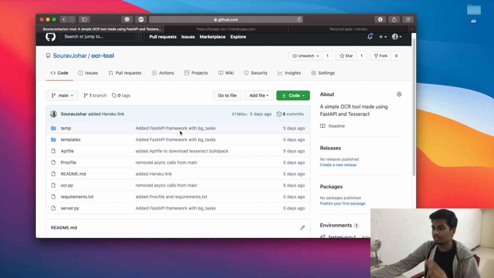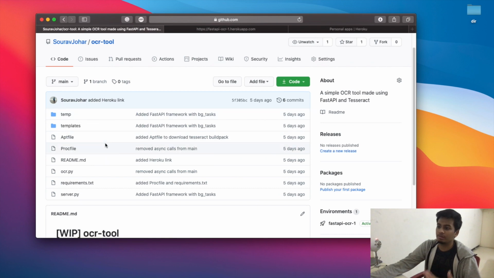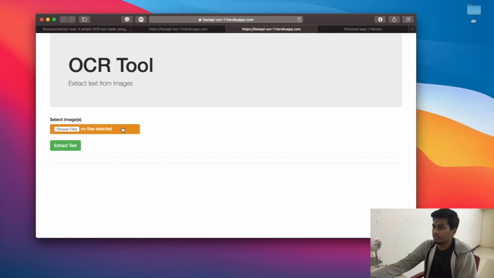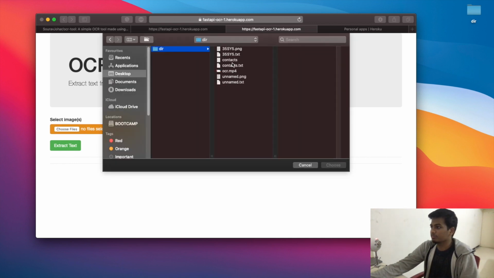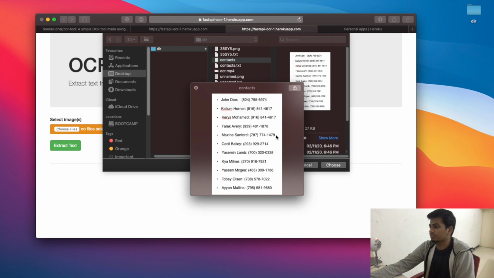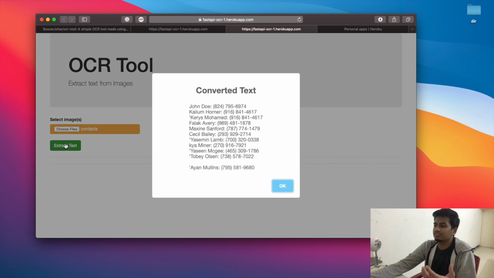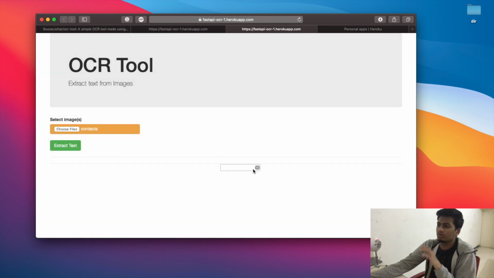One is that you need to have your application uploaded onto GitHub. So this is my application which I'm going to be deploying onto Heroku. It is an OCR tool, and obviously I have already deployed it once before this video, and this is what it looks like. So basically you can just select any image, and this is the image which I'm going to be selecting, and this application will convert the image, or rather extract the text from the image and present it to us in the actual text format so that I can process it or do whatever I want with it. If you want to know more about how I built this OCR tool, you can watch this video.